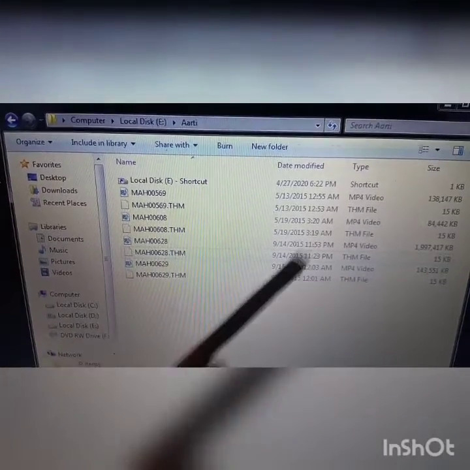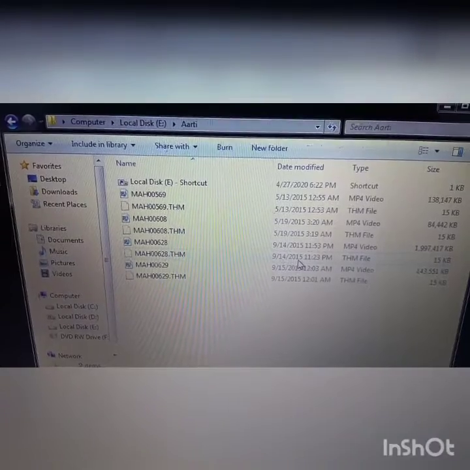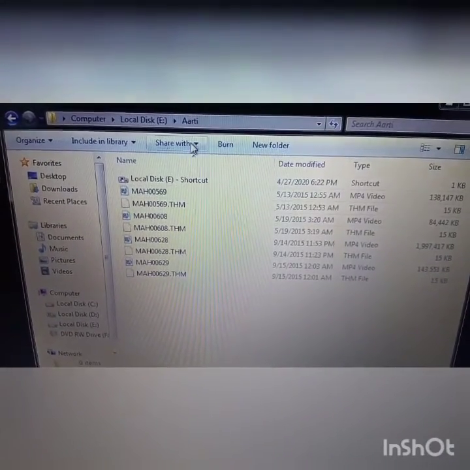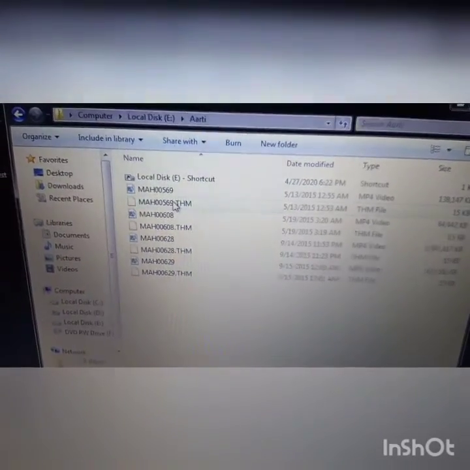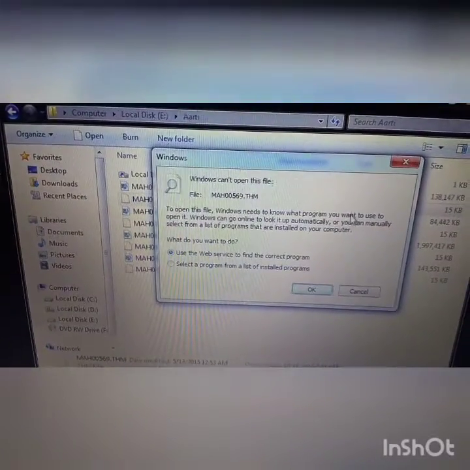Without closing this window, I can open any folder or file.